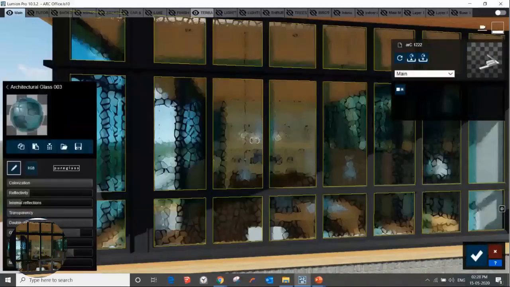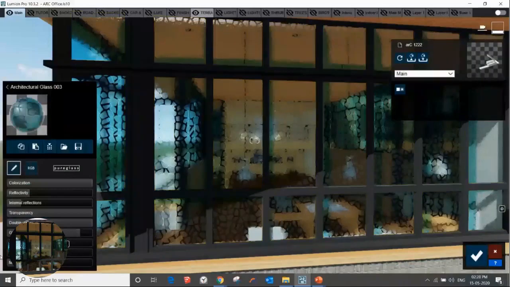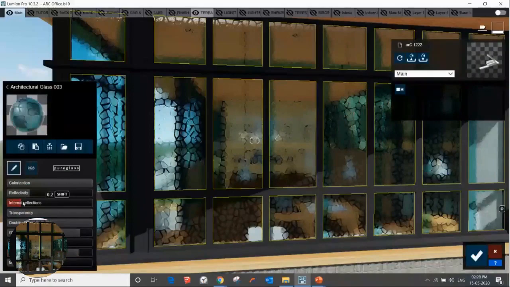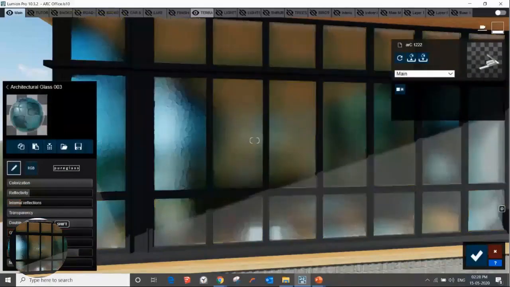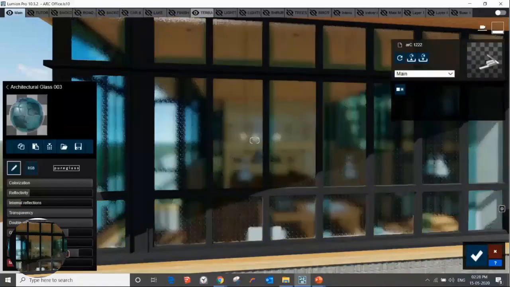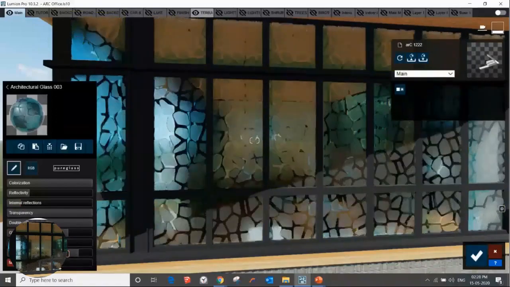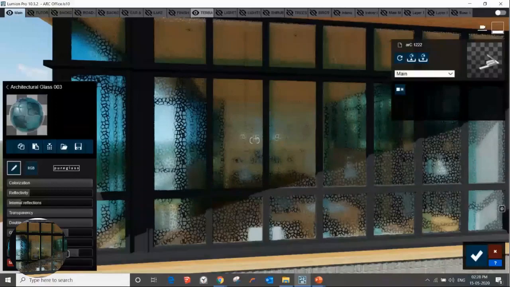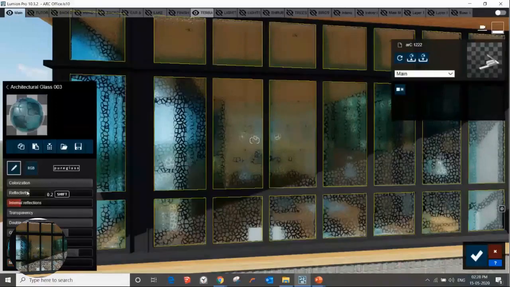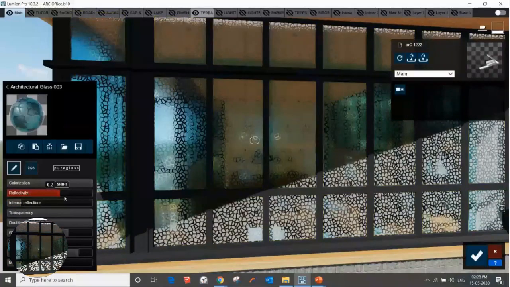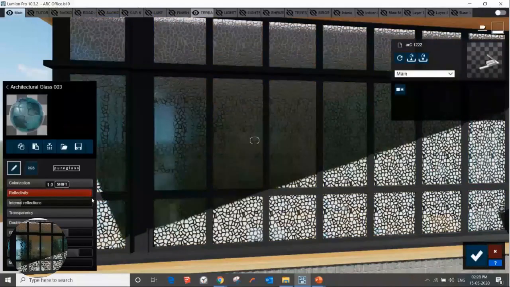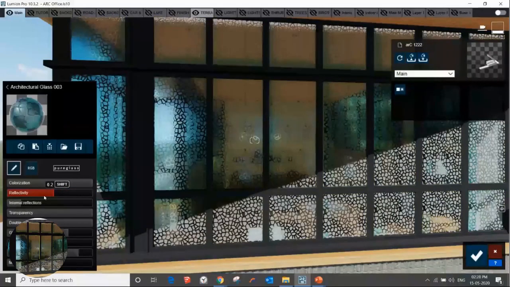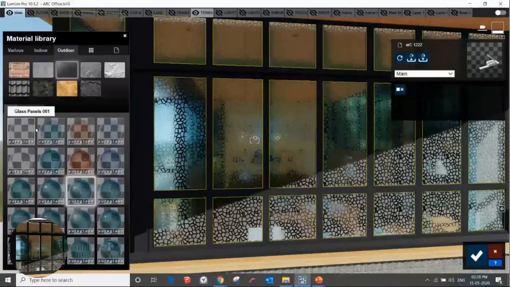You can control it; I'm controlling the relief, the texture, the gloss, the map scale of the texture, and the reflection. A number of pure glasses are available with separate textures.